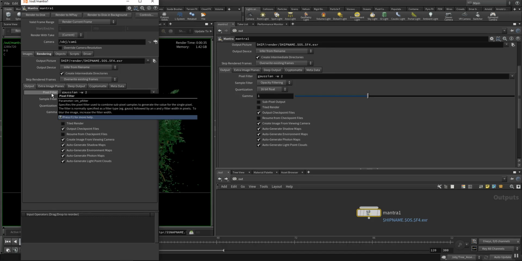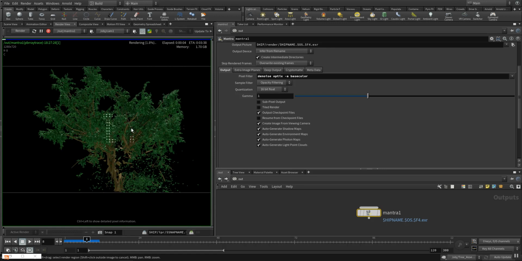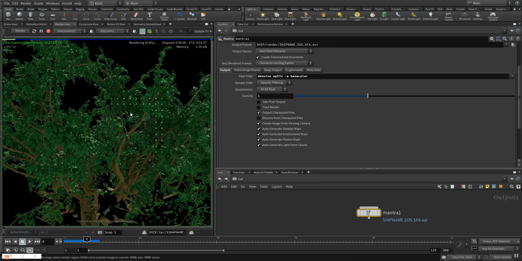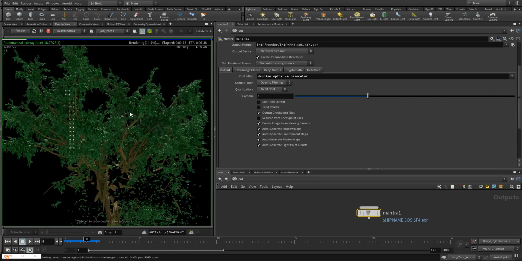To blur the image, increase the filter width. So we will use the good NVIDIA OptiX denoiser now and see what this is creating for us. As you can see, it's getting more crisp now. Maybe the render engine here is destroying some of the quality, but